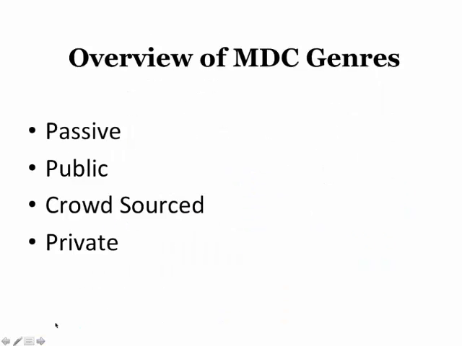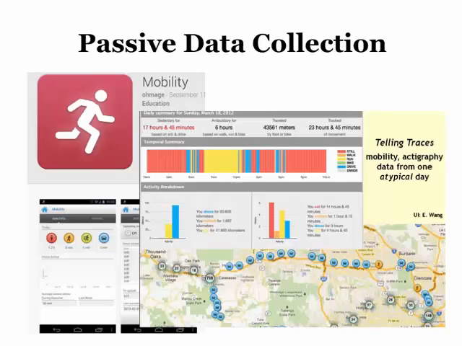Okay, so we're going to talk about 4 different types of mobile data collection. There's passive, there's public, there's crowdsourced, and then there's private. So passive data collection is this idea of collecting data on your phone, like whether you're wearing a pedometer. I have a Fitbit. It tracks how many steps I've taken in a day, and it does remind me if I get close to the amount of steps. It's like, oh, you're almost there. But it's mainly meant to just be algorithmic and a measure of